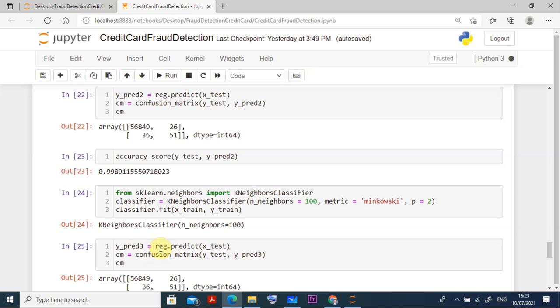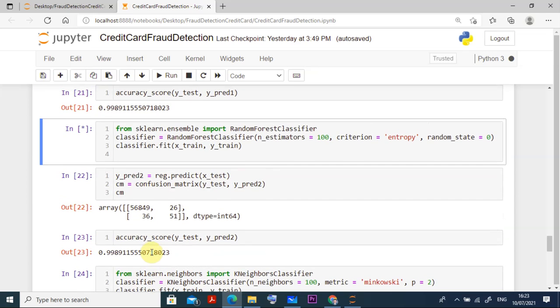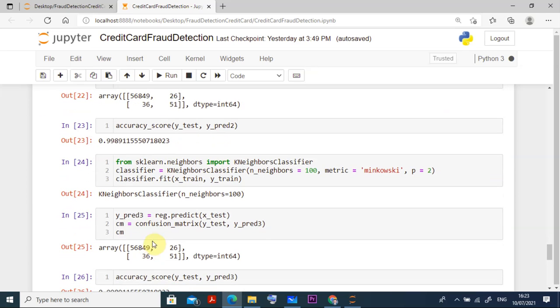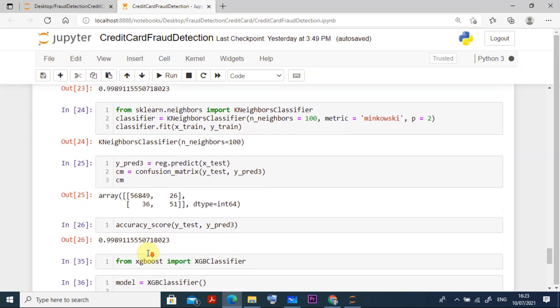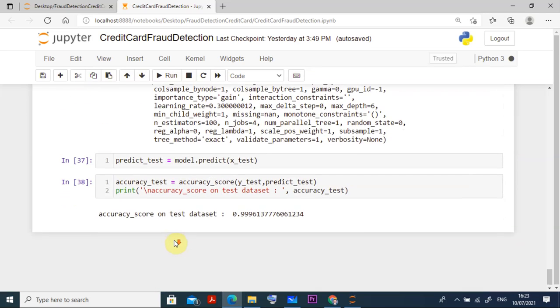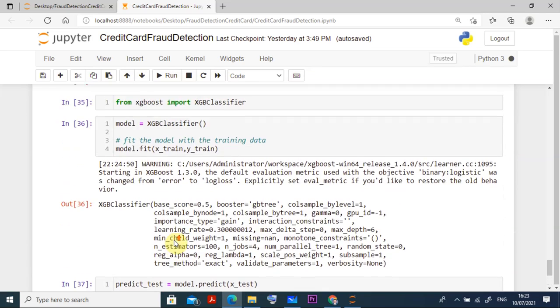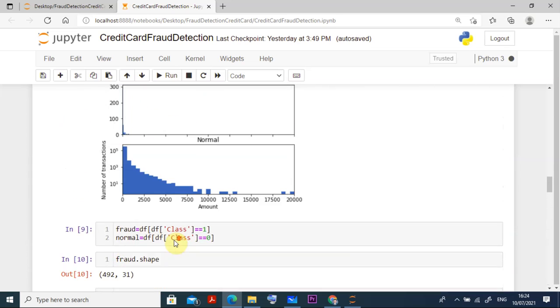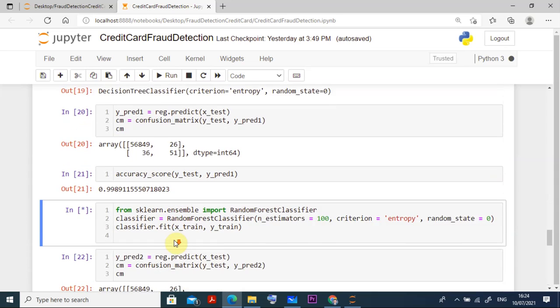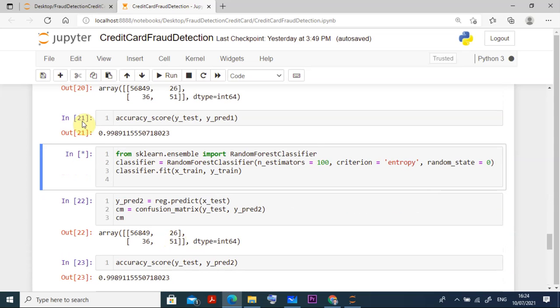Then we go for the same in predict 3. We use the regression dot predict x test, and all things you get, still it is running. Okay, nothing to worry. Then same process, because what we did for regression, the same thing we do for all these things. Then accuracy you are getting here also something like that. Then everything we have completed successfully. Okay, so in this way we'll be able to do the entire process. Yeah, still it is running, you can see it takes some time.